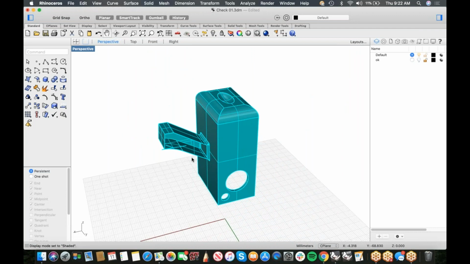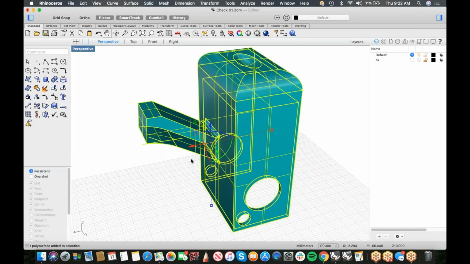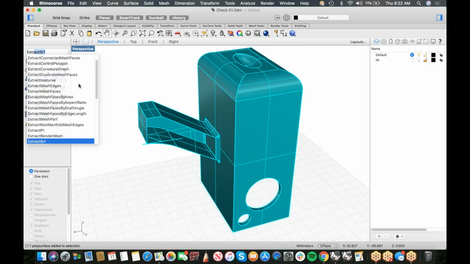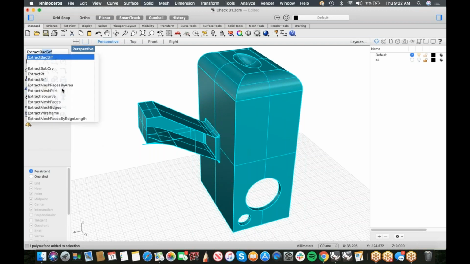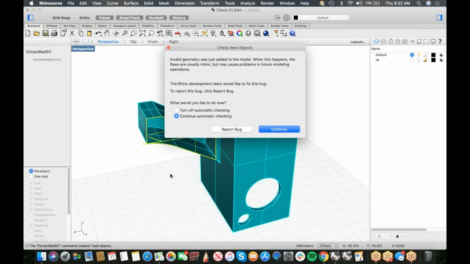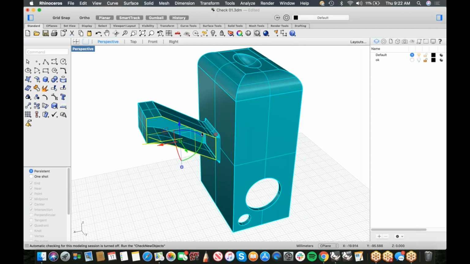And so because select bad lit something up, right? If we do select bad, that lights up. We can come over, we can also do extract bad surface. There we go. Extract bad surf is the command. So let's run that. And then let's check this polysurface. And we can see, I'm going to turn off automatic checking because we know there's a problem there. And the extract bad surf actually pulls out the bad surface. Well, that's great because then I can invert,